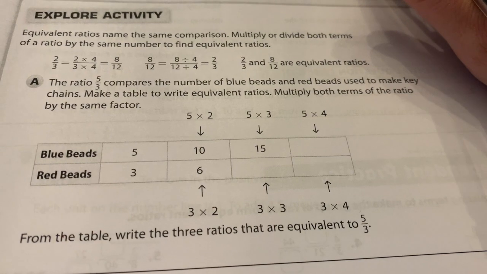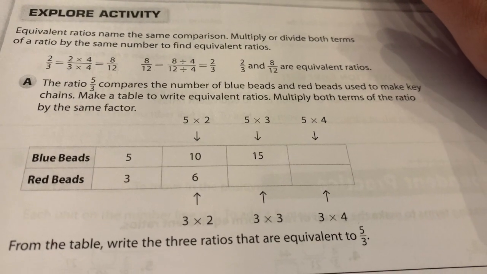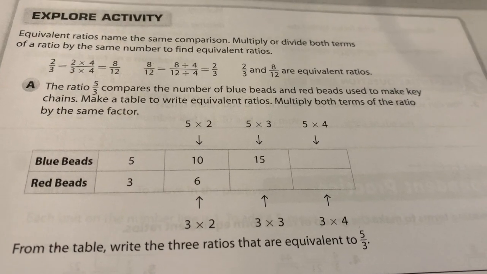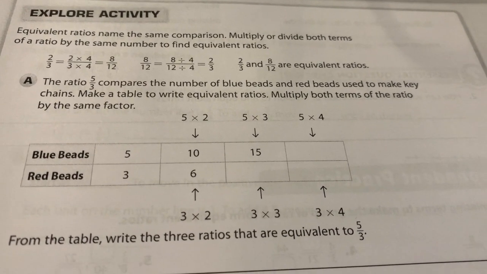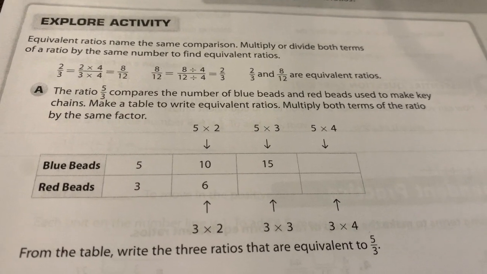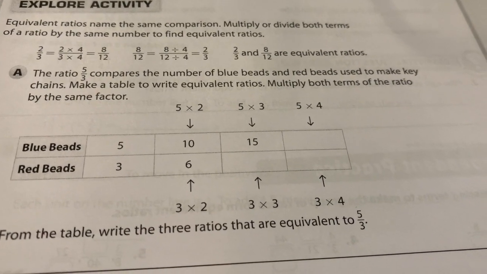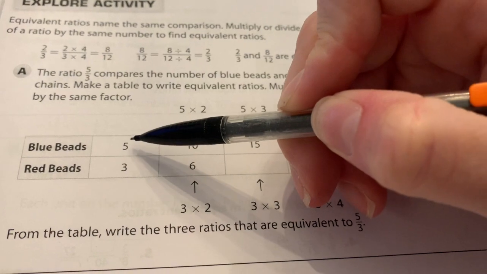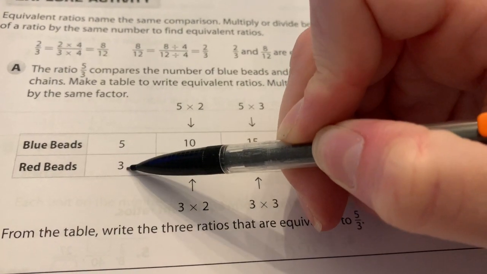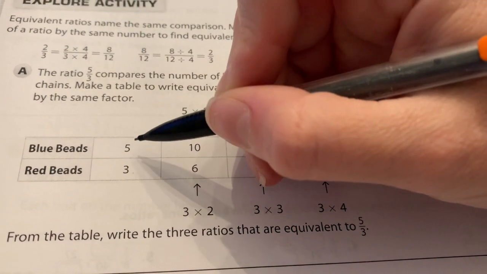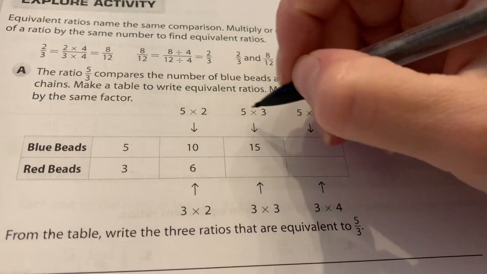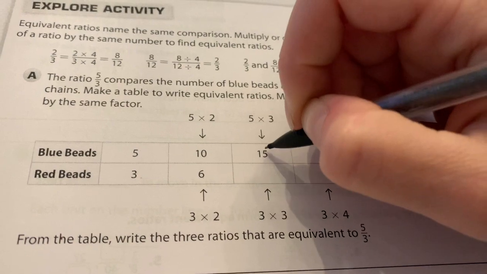The ratio 5 to 3 compares the number of blue beads and red beads used to make a keychain. We're going to make a table to write equivalent ratios and multiply both terms of the ratio by the same factor. So this is how we first learned about it. We had blue beads 5, red beads 3. So if we take both of those and multiply by 2, we get 10 to 6. If we multiply them both by 3, we get 15 to